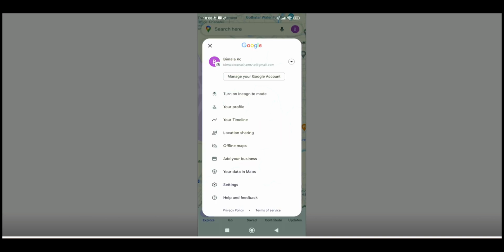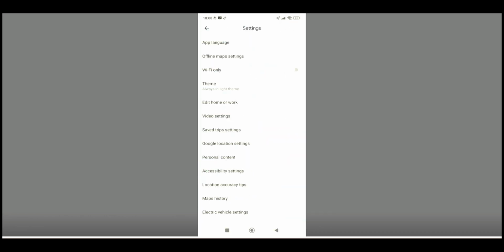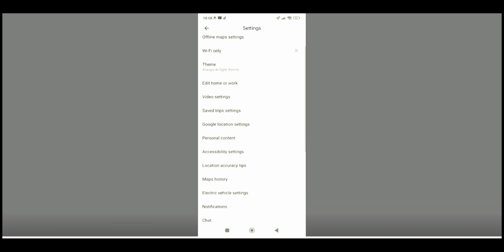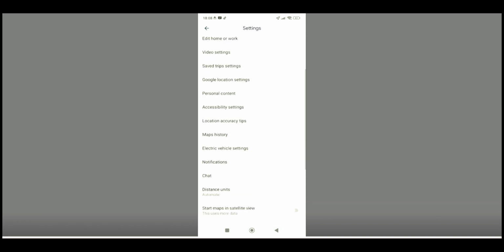And on the bottom of the pop-up box, there will be options like help and feedback, settings, your data in maps. So you just have to click on the settings, and your settings section will appear right in front of your screen. Then you just have to scroll down a little bit until you are able to see the text start